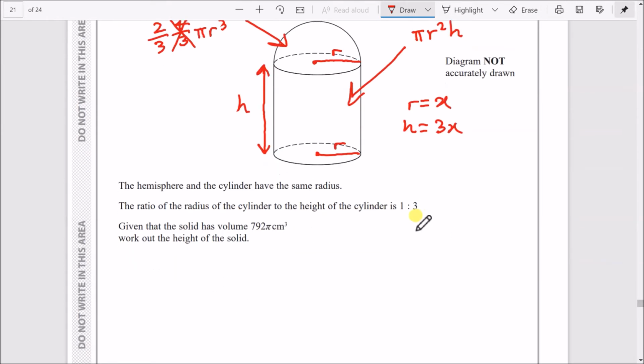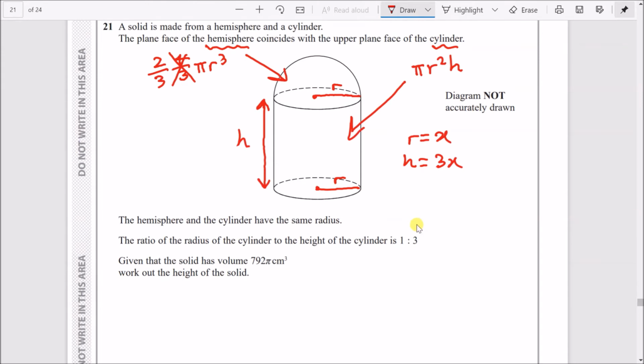So let's write down here. We can say that the total volume V equals the cylinder, so pi r squared h. Instead of r and h, I'm going to replace r with x and h with 3x. So it can be pi x squared times 3x, plus the other shape, the hemisphere,